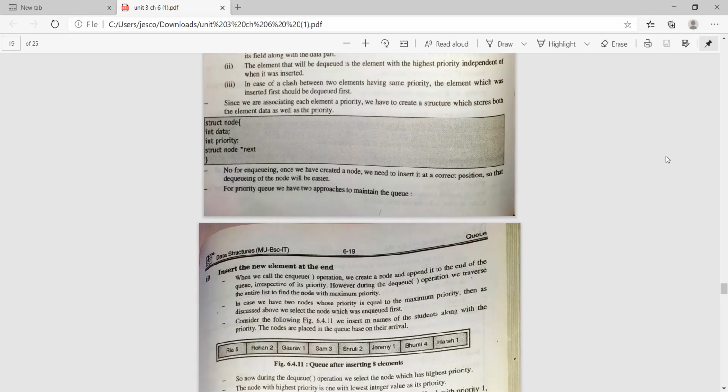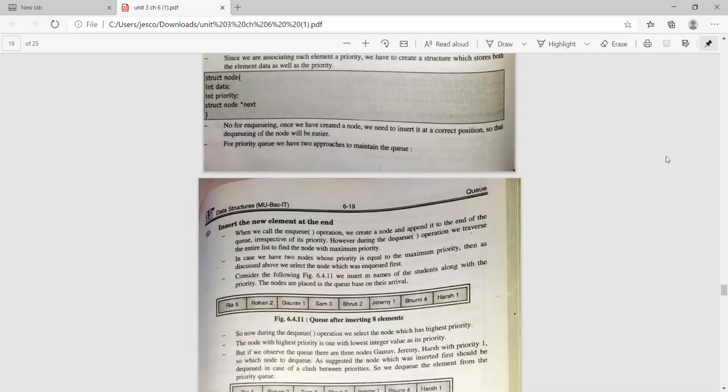So to create a priority queue, we have to create a structure with which we store both the element data as well as the priority. For that purpose we have created one node: struct node with int data and int priority. In data we'll store the value of the node, and in priority we will store the priority of the node.